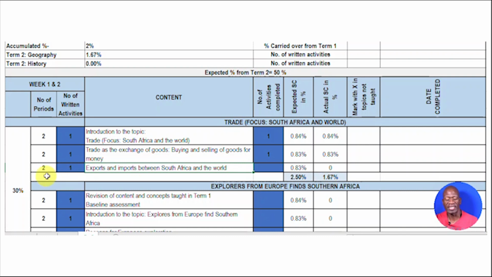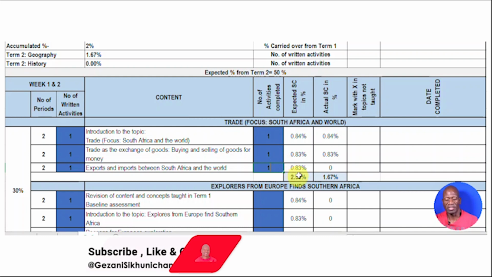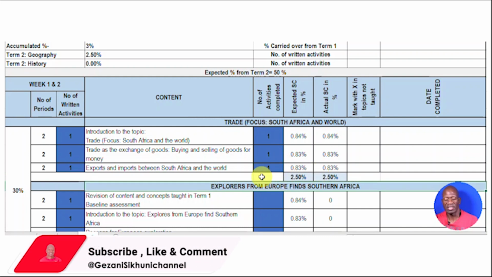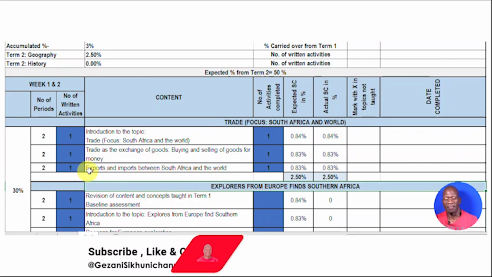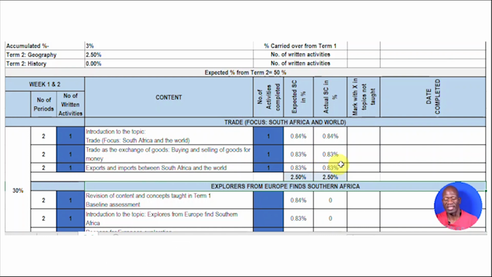Then let's go to the last period in terms of the first 2 weeks. We have the 2 periods, and the expectation in terms of the number of activities is that we are to administer or give learners 1 exercise out of this content or topic. I'm going to type again. I put the 1, meaning that the number of activities have been completed. Then when we see, you'll find that now it adds up to what the topic and the activity are worth in terms of weighting,